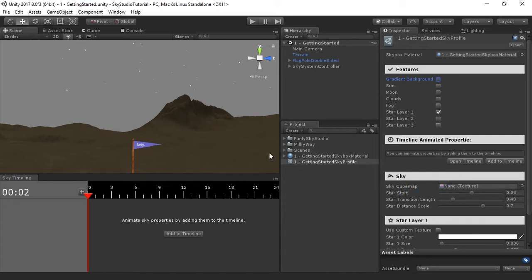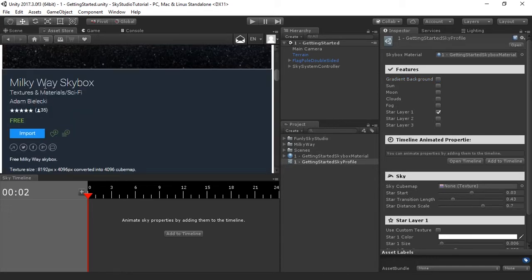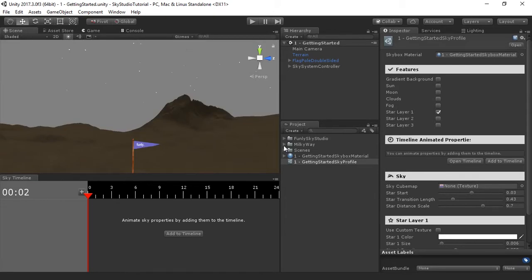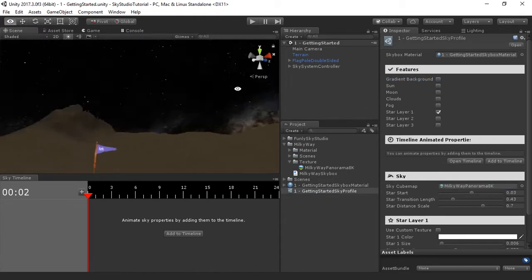I found one on the Unity Asset Store called Milky Way. If you want to follow along, the asset's called Milky Way Skybox by Adam Veliki, and it's free. Thanks, Adam. And we're going to go ahead and go back to the scene, and I'm just going to drag his Cubemap into Sky Studio. There you go. You'll notice his Cubemap is now rendering into it,